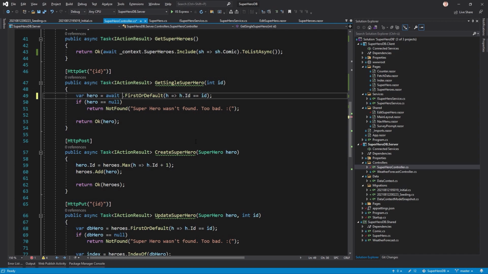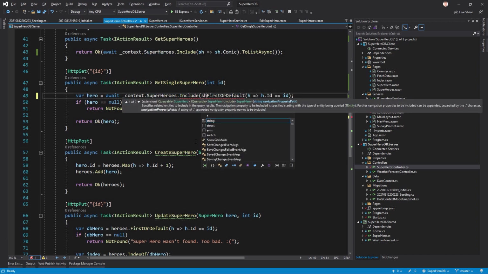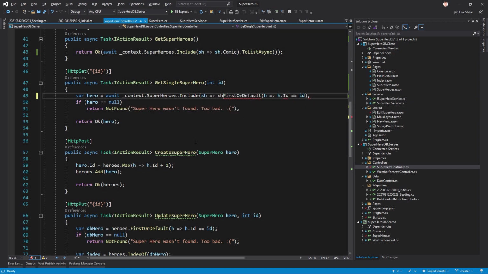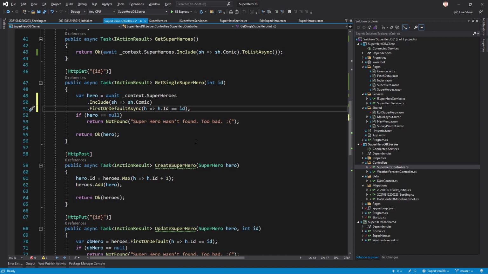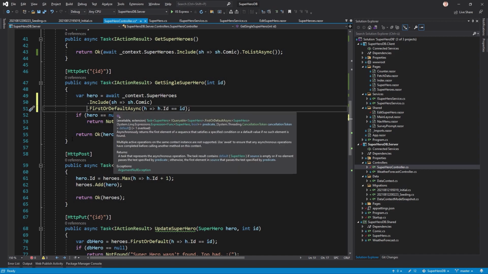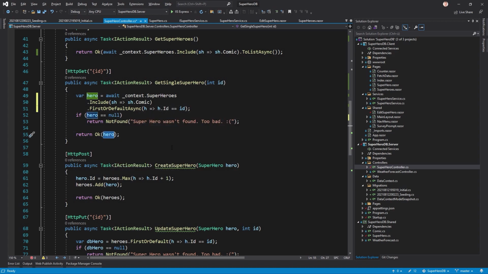So we enter again await context.Superheroes, and again we include Superhero.Comic, and then FirstOrDefaultAsync this time. Maybe put this in another line,